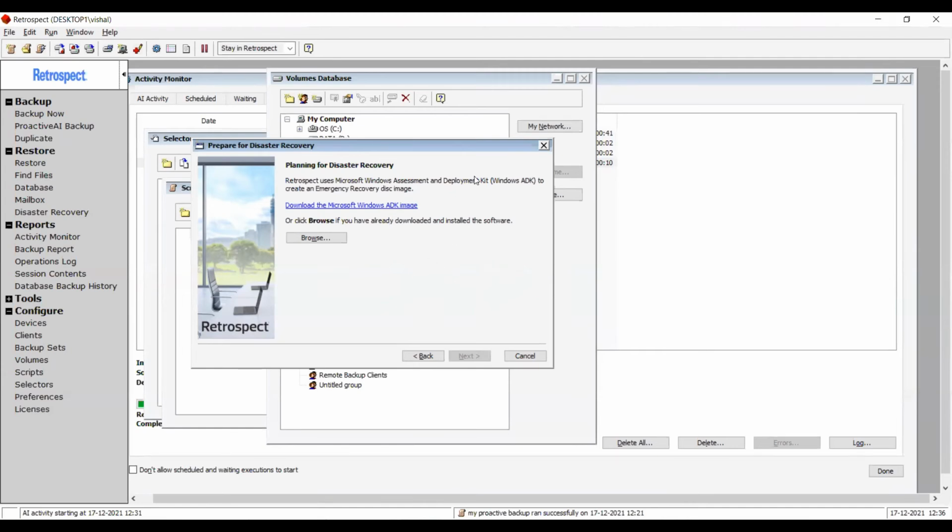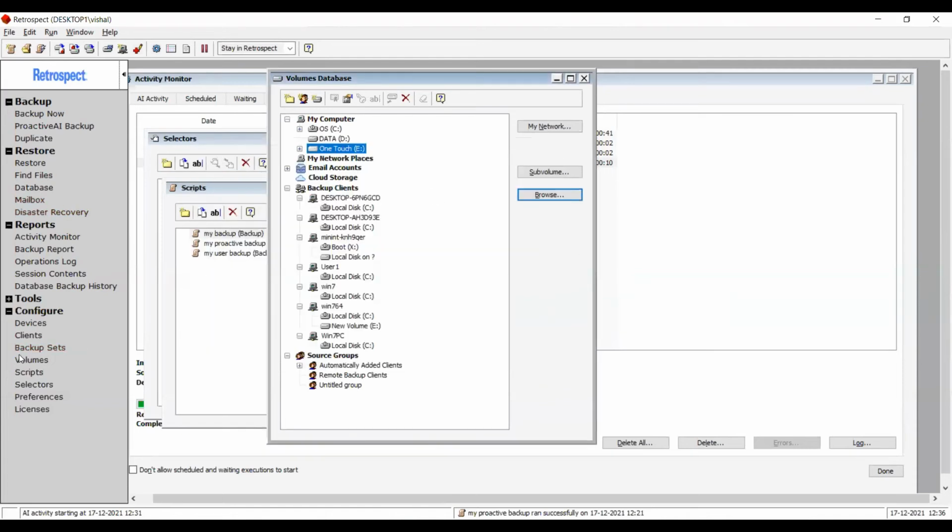And so that disk works as a bootable tool in case the computer has a boot failure, like the hard disk has crashed. You can boot the computer from that disk, and then it will allow you to boot that computer in one of the disaster recovery modes. Like if we are restoring a client computer, we will use the mode called restore as a client, and then you can just add the client. There are some specific methods.